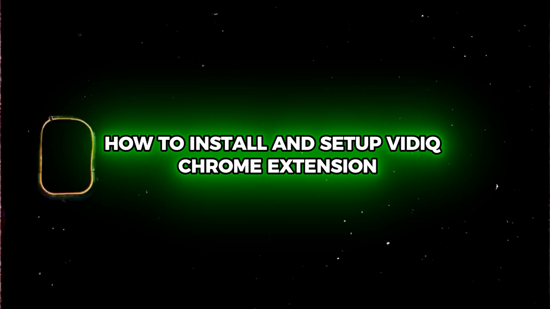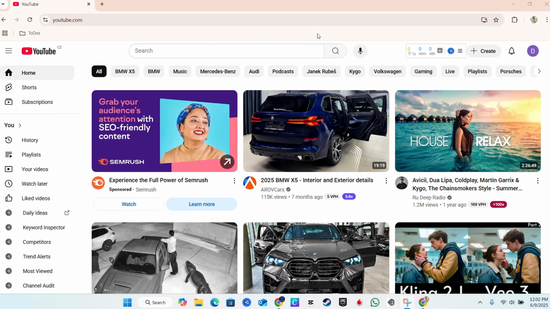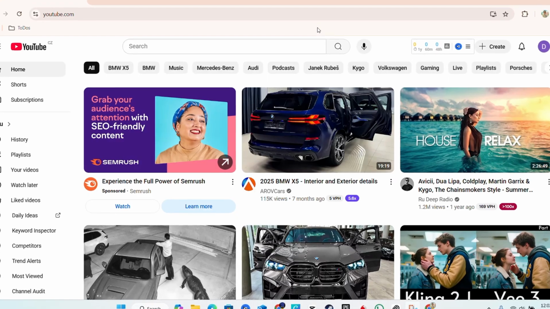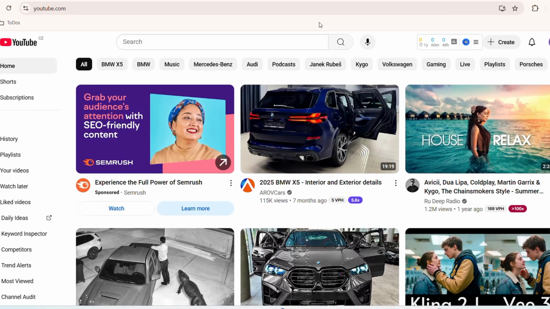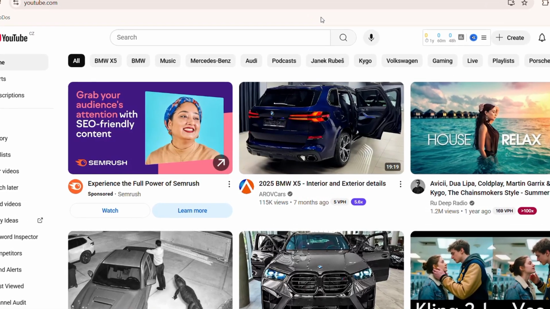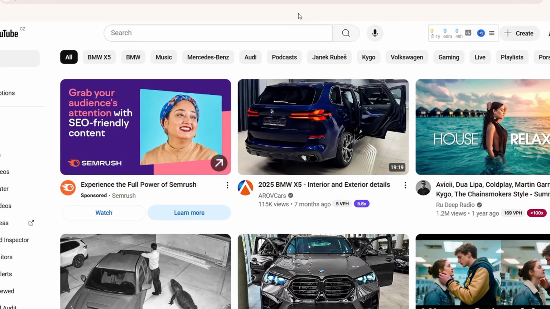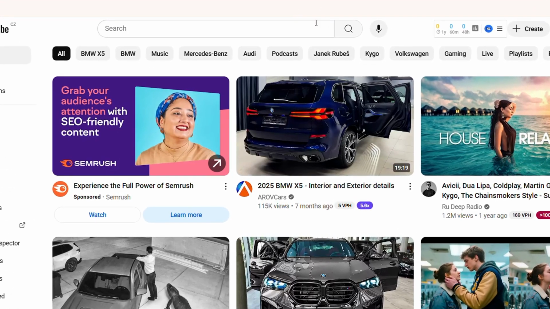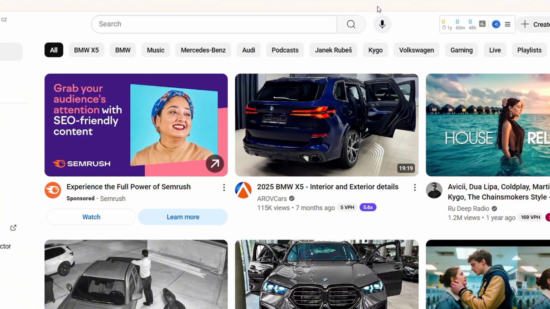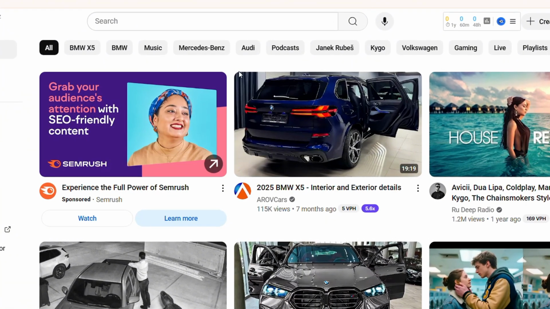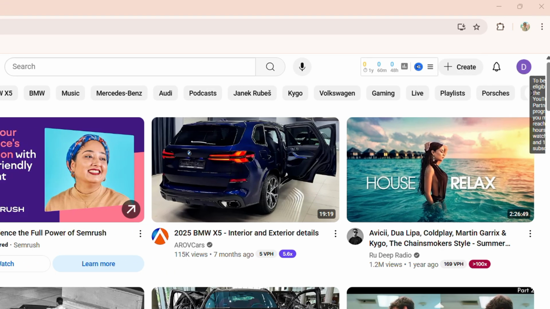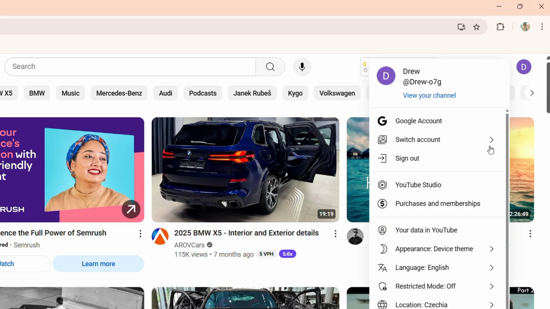up the vidIQ Chrome extension. And this works whether you have a YouTube channel or just have a YouTube account and you're using YouTube and want to see what vidIQ can actually give to you. So what I'm going to do is show you how to set this up on the Google Chrome browser. So as you can see here, I'm on Google Chrome and I do have a channel here,